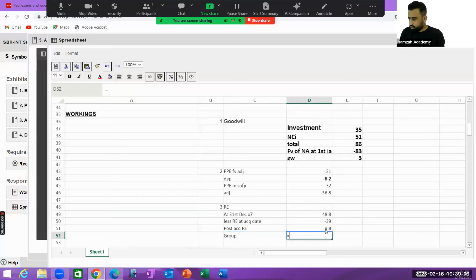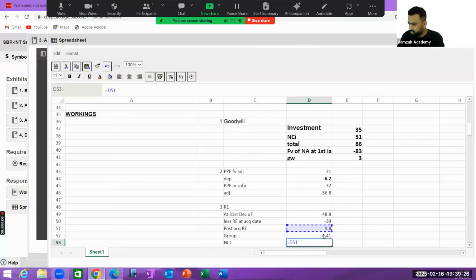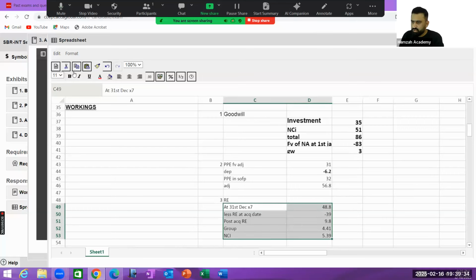Group share is equal to 45%, which is 4.4. Let's round it. Okay, 4.4, and the NCI share will be 5.39. So this is the working